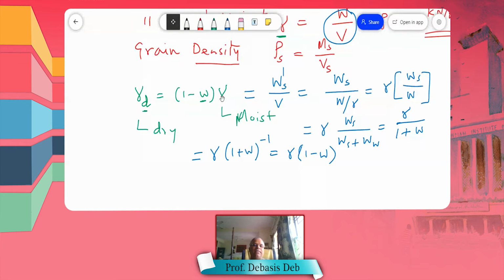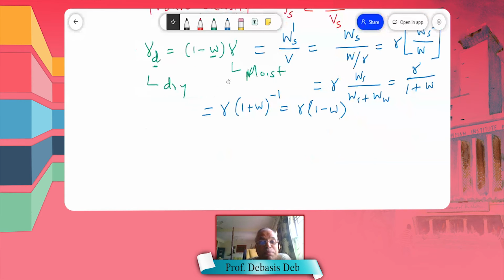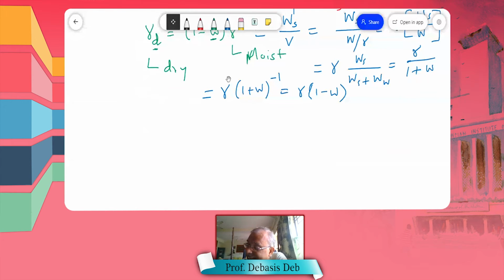Now, in order to find this grain density, it's not so easy. You remember that somebody has given you a soil sample, and some part of that soil sample is porous. Now I ask you this way, how do you find the volume of that pore space? I give you a piece of sample. Let me even draw you that piece of sample. Let's say